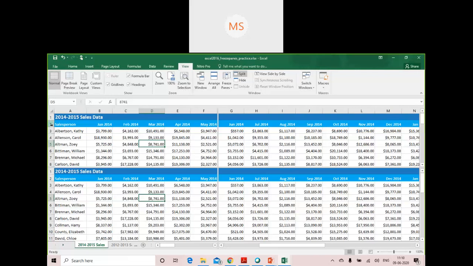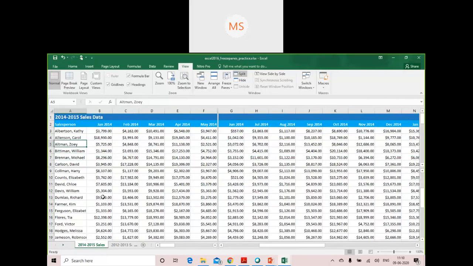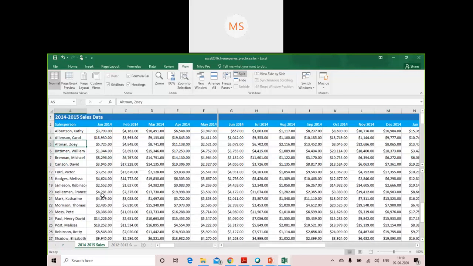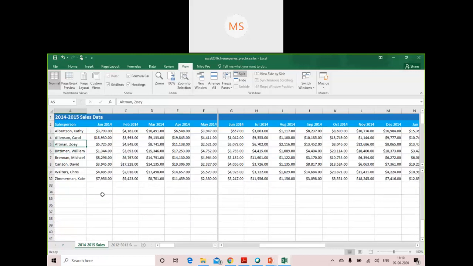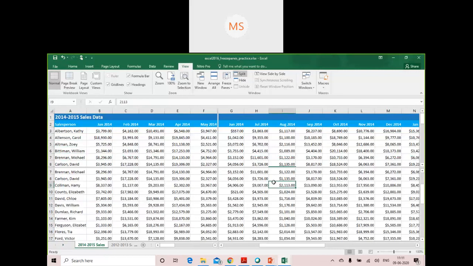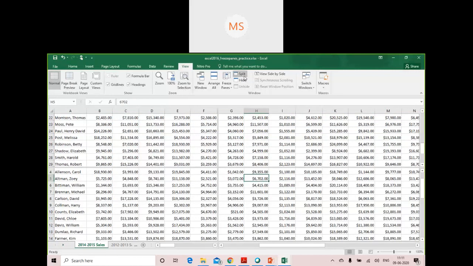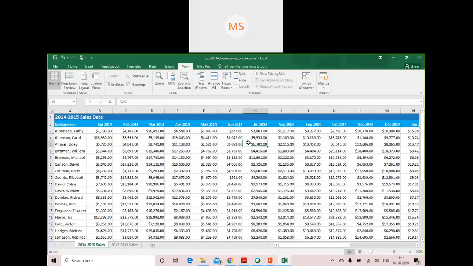horizontally. Now all the vertical fields are visible at once, but all the horizontal fields will not be visible together. Suppose if I want to see some rows, I can see them, and if I want to see some other rows further down, I can do that. So if I want to make a comparison in the same cell vertically, I can make use of the split option. Okay, so this is how you can split it. The moment you click it again, it undoes that split operation.